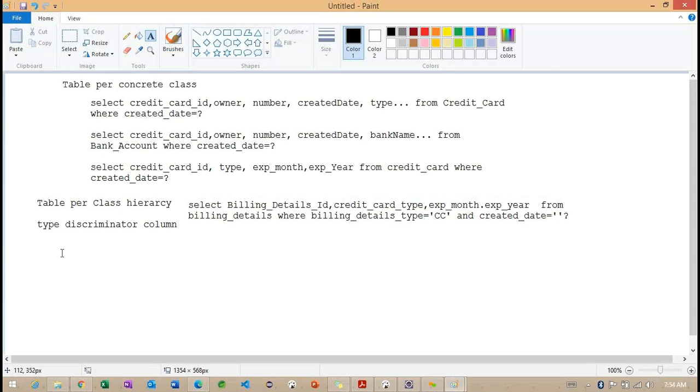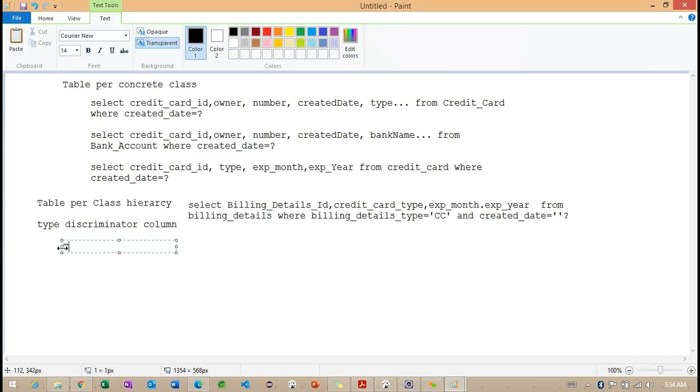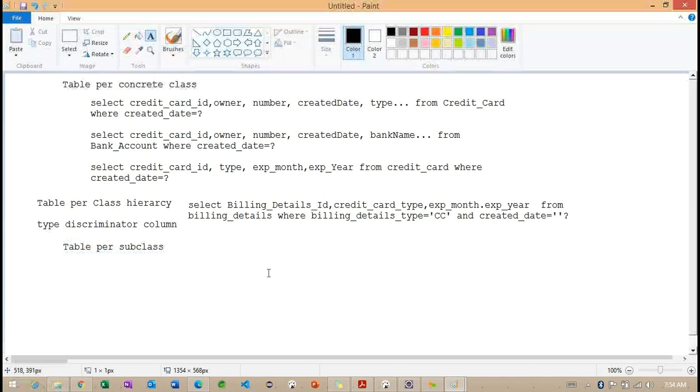Right. Now we'll try to understand the final mapping hierarchy. After completion of these three hierarchies, we are going to have a simple example of how exactly these three examples work. So now I am going to write here: table for subclass. So how can we work with the table for subclass?